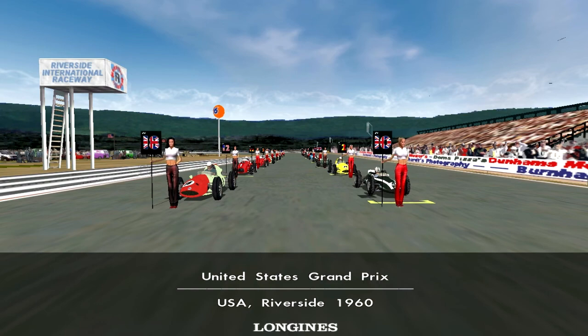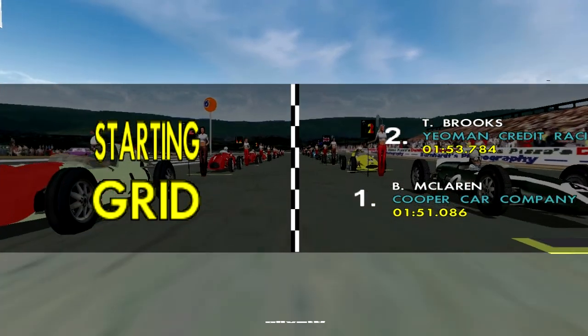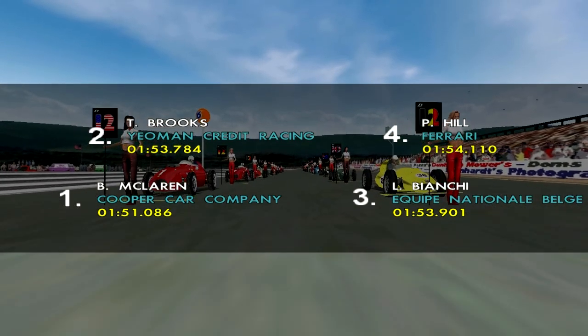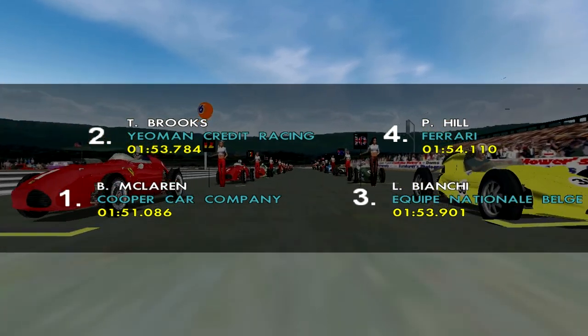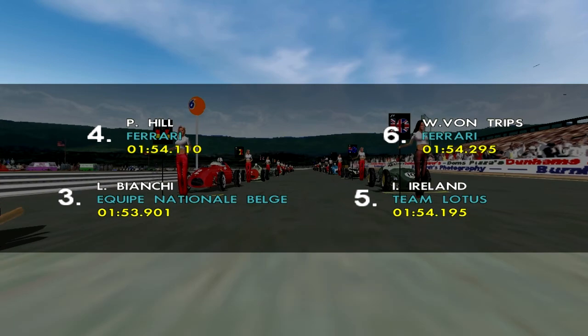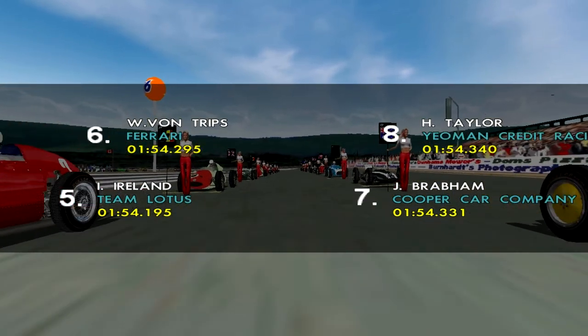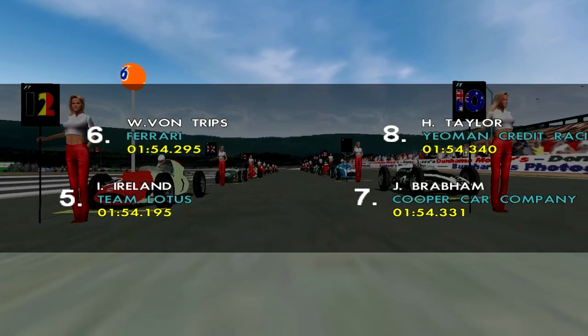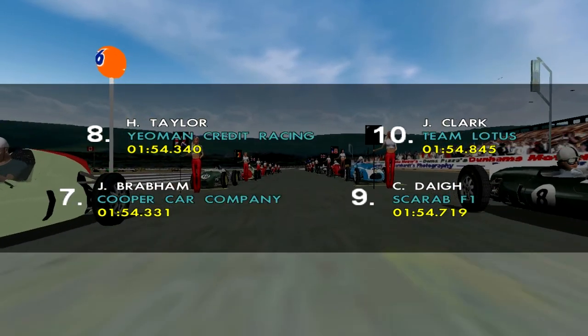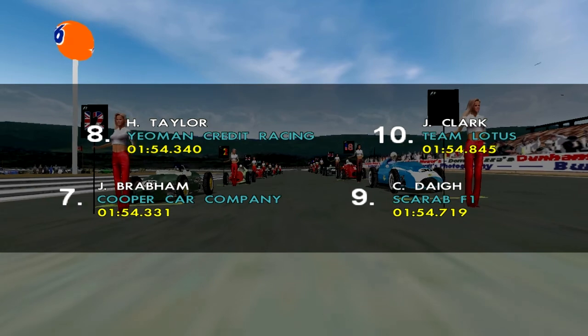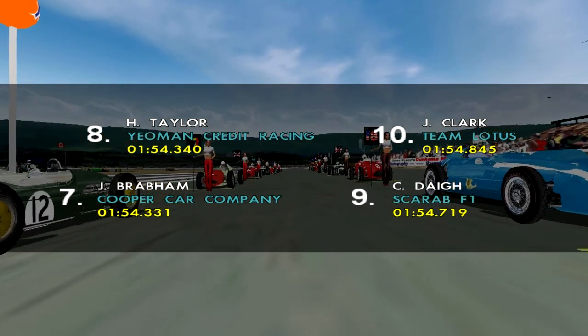And here we have the grid walk, and we see McLaren starting from pole with Tony Brooks in 2nd, Lucien Bianchi 3rd, 4th is Phil Hill, and Ireland 5th, with Wolfgang von Trips rounding off the top 6. Then we have Jack Brabham in 7th, Henry Taylor in 8th, Chuck Day is in 9th, followed by Jim Clark